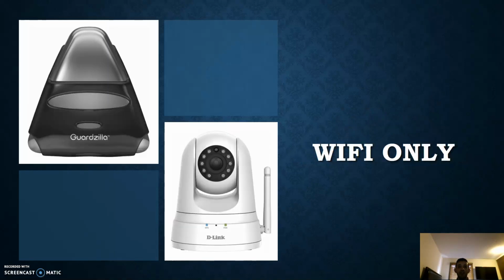Wi-Fi only, these are probably the weakest, most vulnerable cameras that you can get. You have like the Guardzilla or the D-Link, which connect directly to your Wi-Fi. A lot of these are accessible if you know the IP address. Anybody could type that into their browser, and they typically come with a preset access username and password. If they know what the default one is, you're going to be opening yourself up to anybody accessing that as long as they have that info, which is easy to get. And I'll show you a website too, which you can access to see cameras like this.